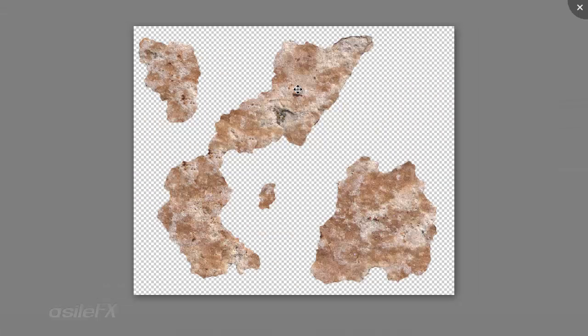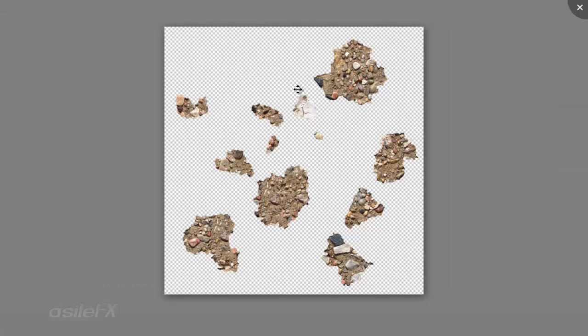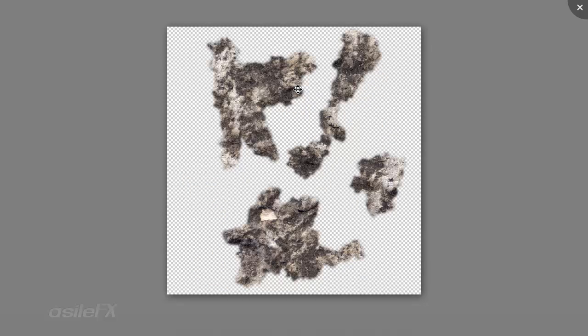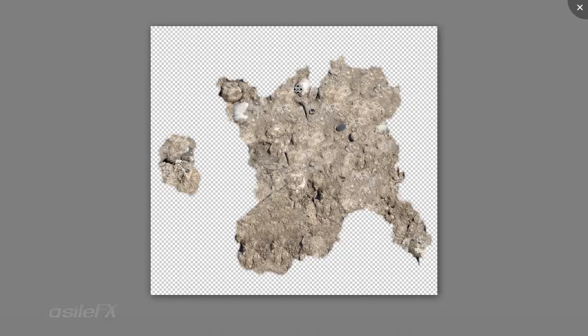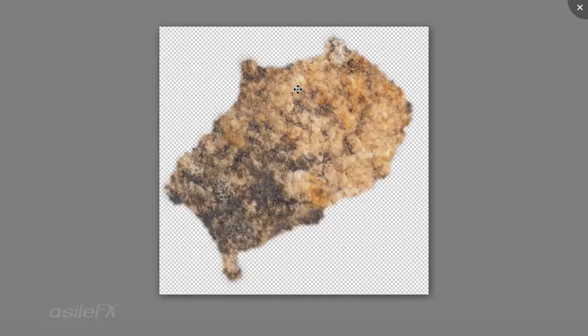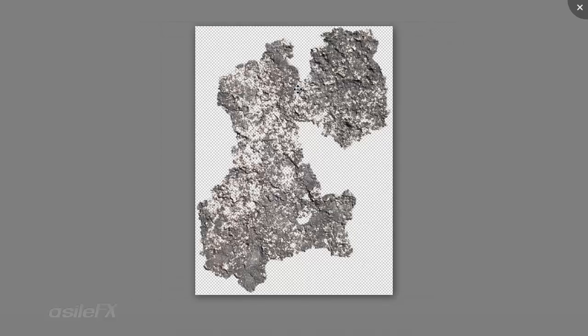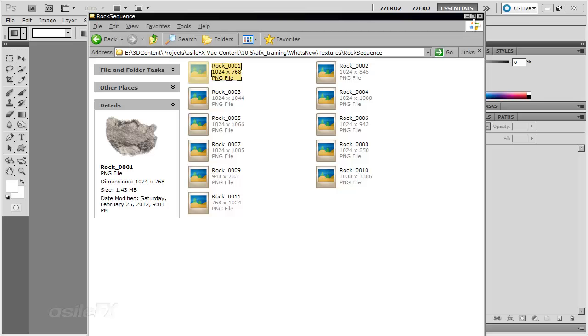And I'm just going to flip through them really quick. Now what we would normally do, or in just Vue 10, you would have to add a channel for each one of these images and then load them in. Well, now what we can do